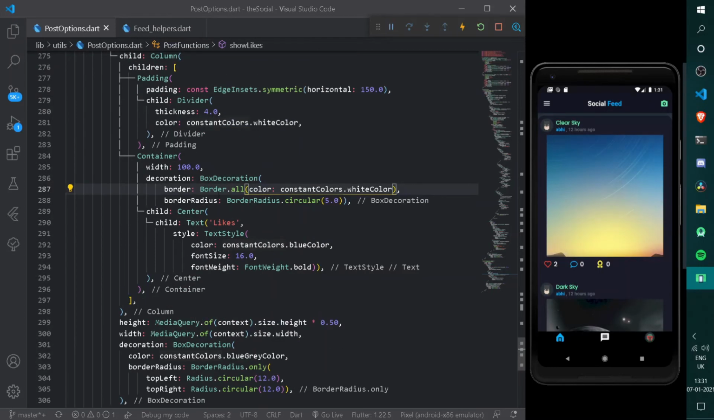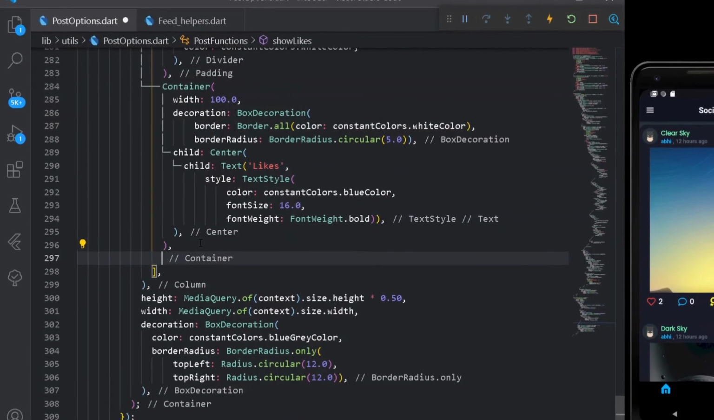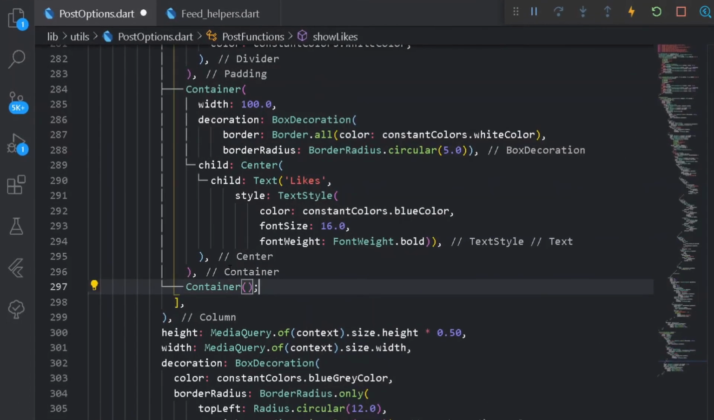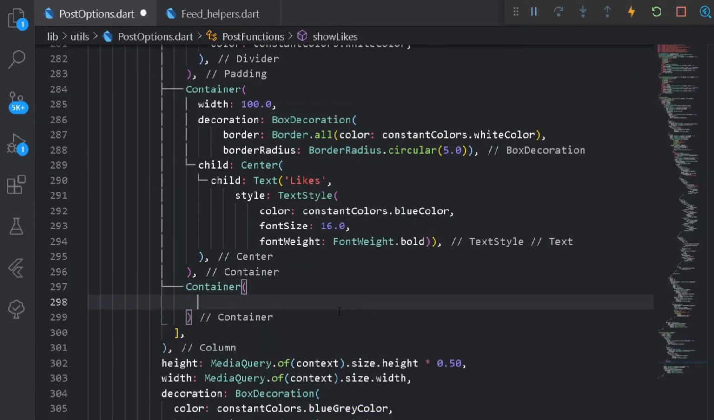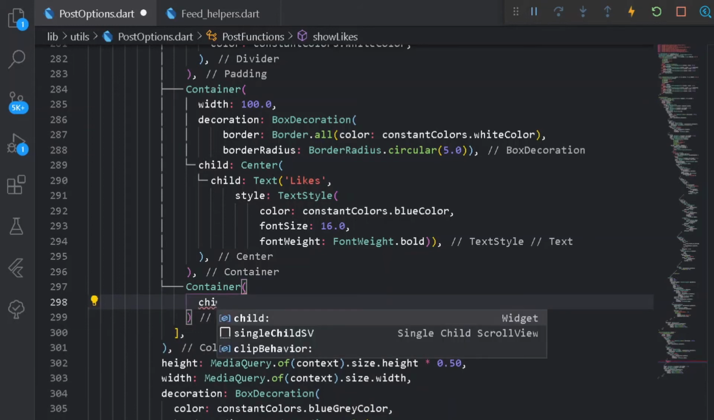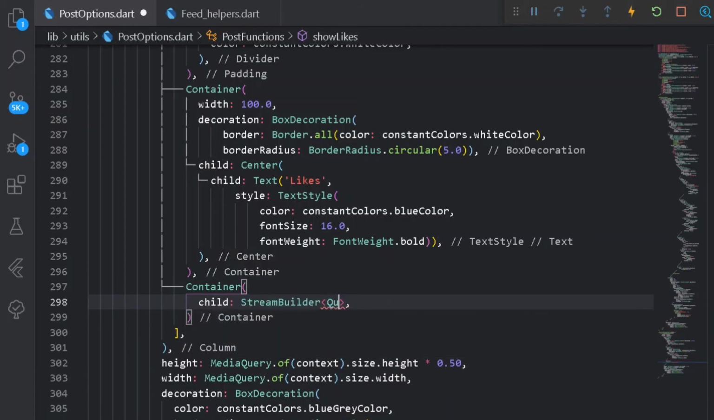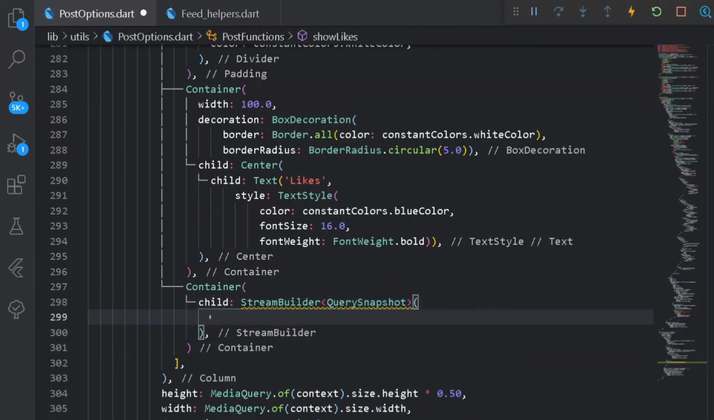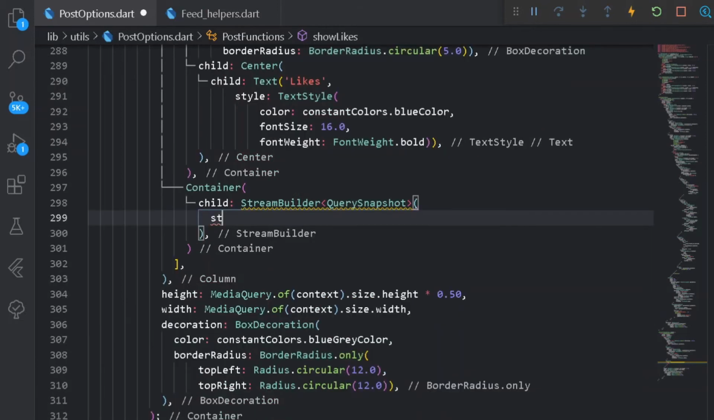So for showing that, let's come down of our likes, and here let's have one more container, and the following container is going to be containing a stream builder. So let's have a stream builder. Under the following stream builder, let's have a query snapshot to be the type of our stream builder. Now the following stream builder shall be taking a stream and a builder, as you know if you are following my previous tutorials. So here under this stream, first of all let's have Firebase Firestore dot instance, and from this